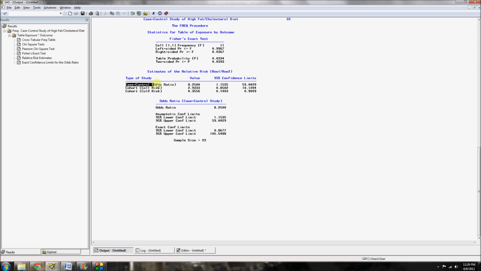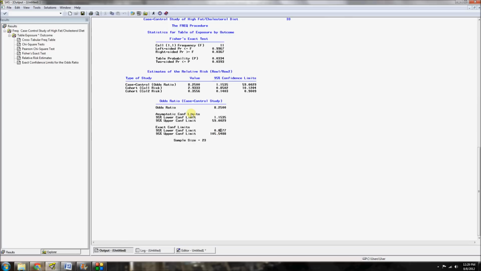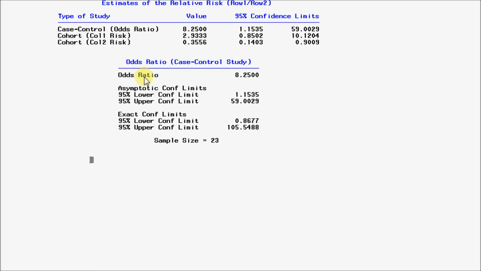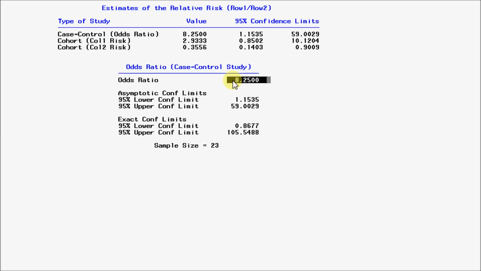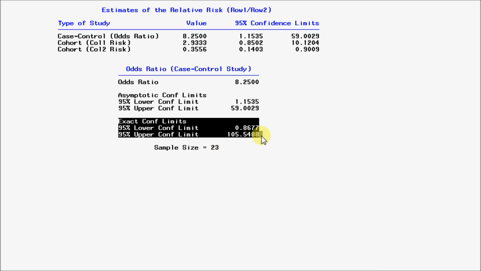And so this case control odds ratio row for the type of study, in this case it's a case control study, we get an odds ratio of 8.25 with 95% confidence limits right here. But you want to make sure that you're not using just those straight confidence limits, that you're actually using the exact confidence limits. So you specify this exact on the odds ratio, and you'll get this last table at the very bottom right here. Now this table shows you the odds ratio estimate as before. It's exactly the same actually, 8.25, but it also gives you these exact confidence limits,